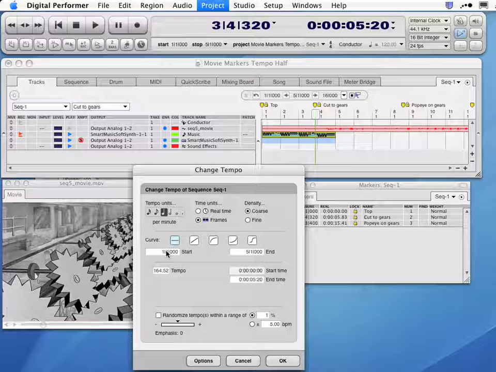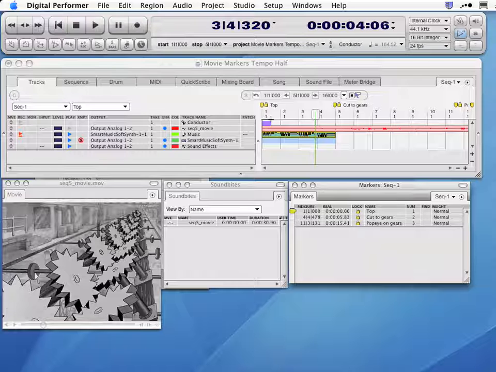So notice here's our measures from 1 to 5. That's the length of our phrase. We want to force it into an exact amount of time. So the start time will be 0. The end time will match our frames here. So I can type it in case it's not already entered. And once I've done that, when I press OK,